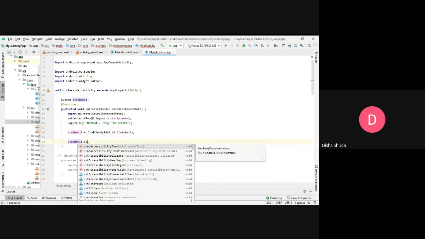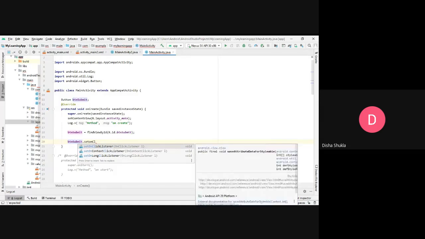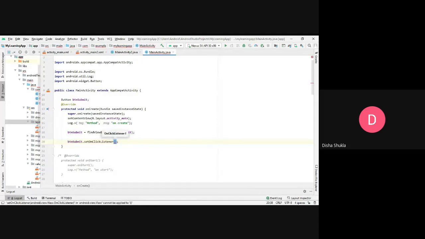Say, for example, I want to write an on click listener, so I will write dot setOnClickListener. You can see in the auto suggestions, this is the first listener that we have. I'll just click it, and then I have to initialize this particular listener because I am using it.